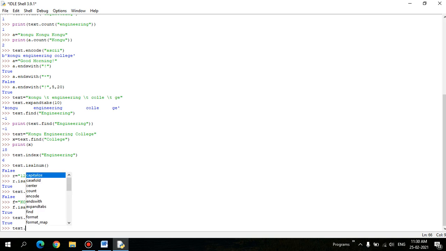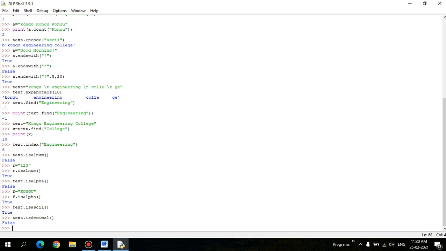And text dot, let's go for some other function, and what is that? It is isdecimal. It checks for decimal values, right? So let's check for decimal values of this. It returns false. We'll go for checking of r string. So r string isdecimal, right? Because 1 2 3 is a string, right? It's a decimal.